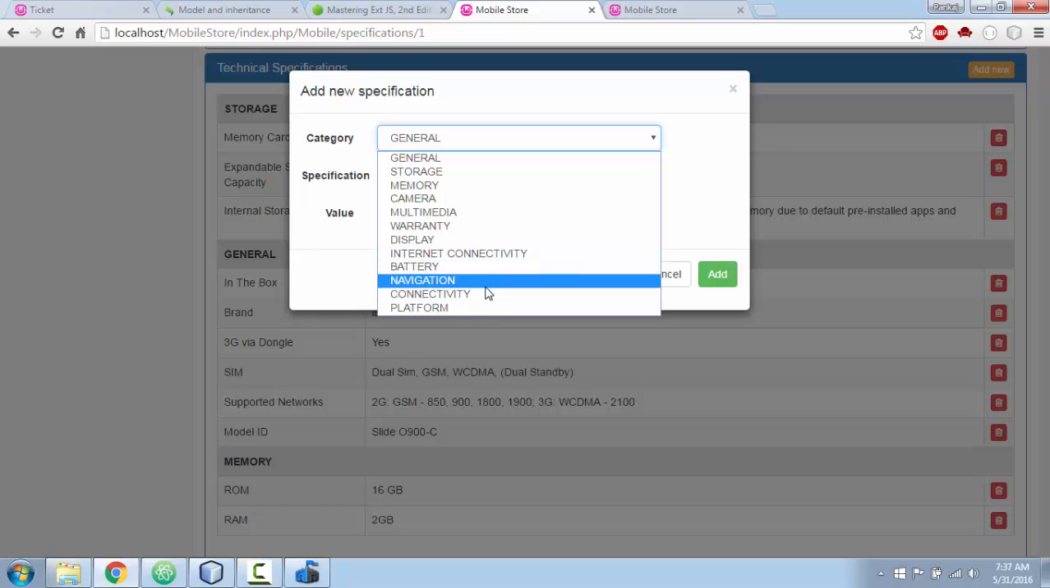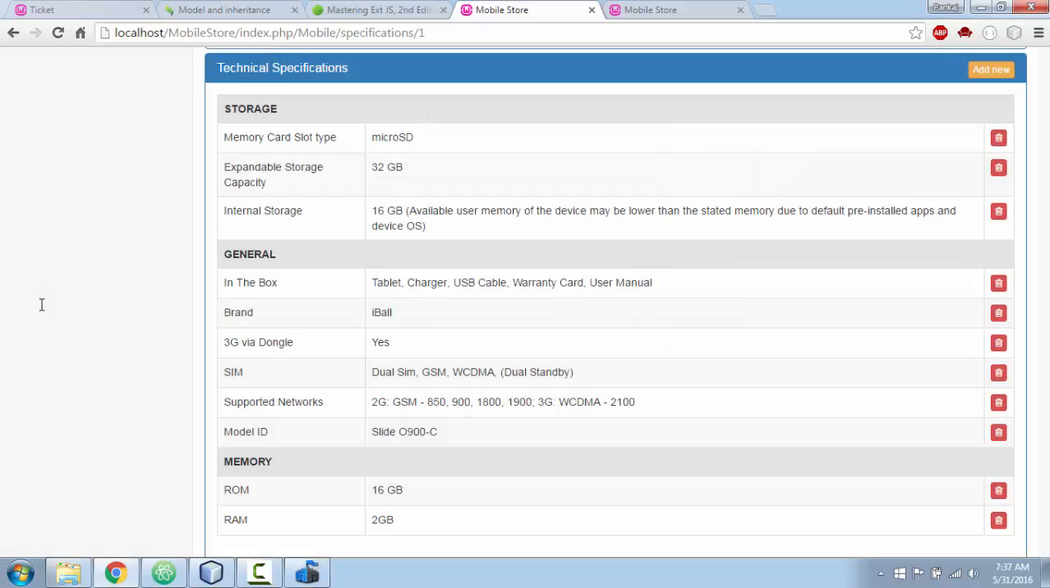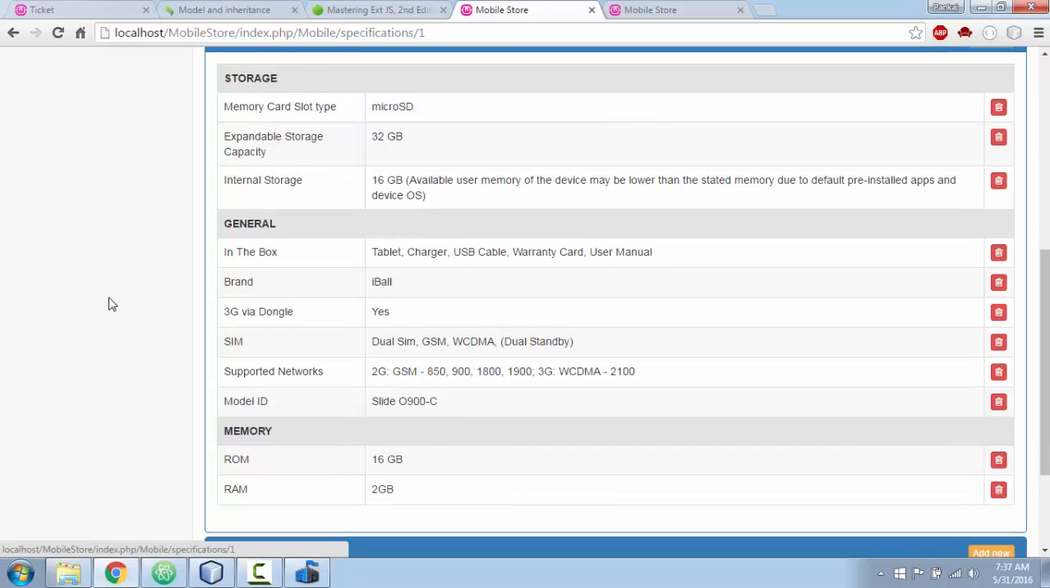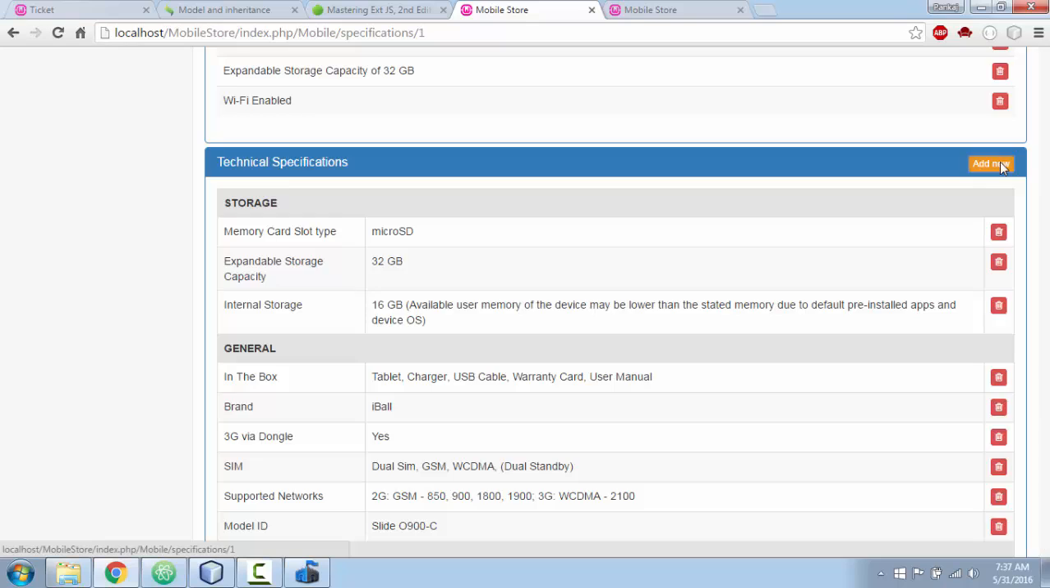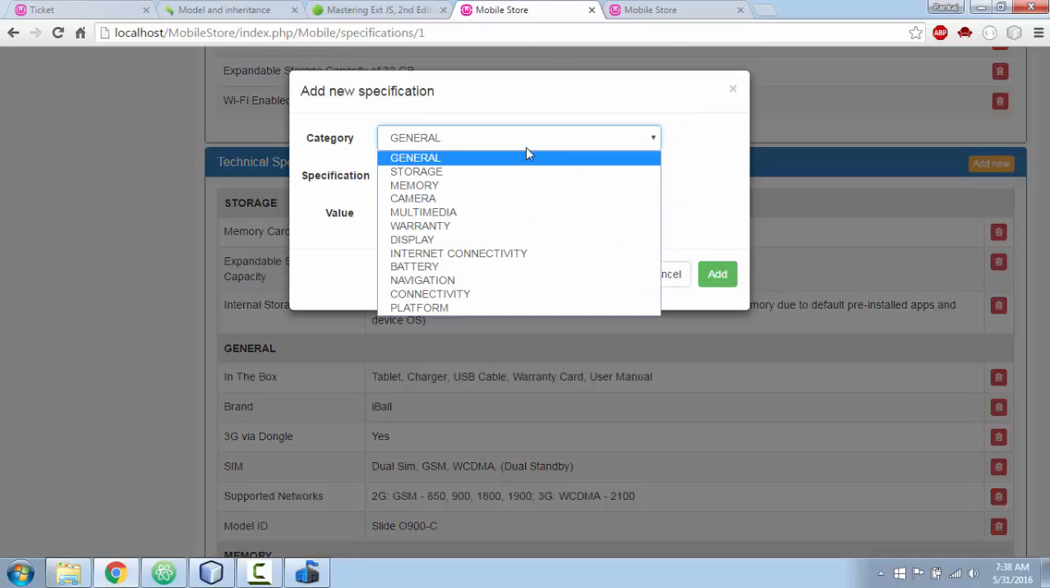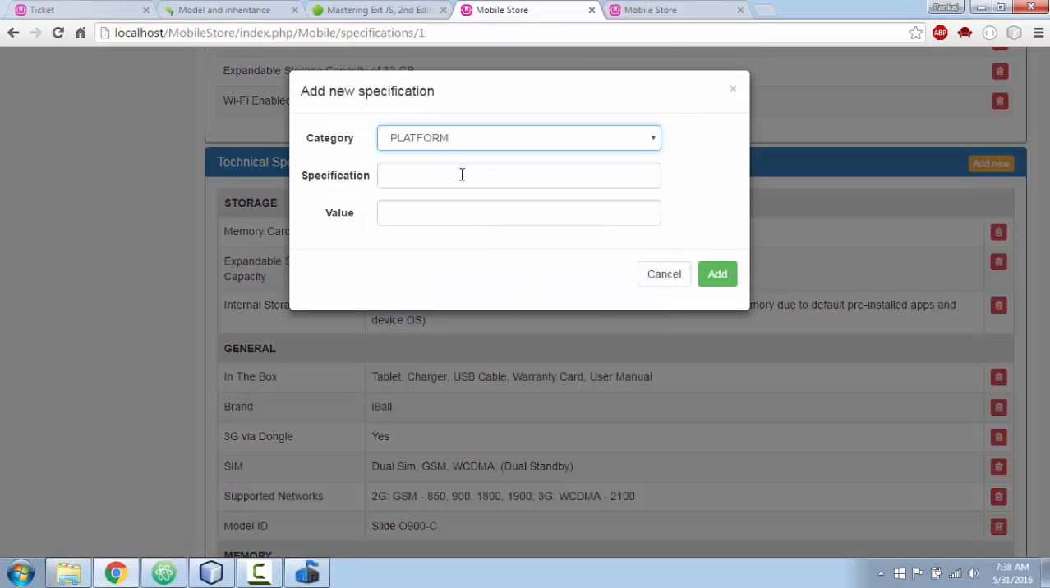It will go into the particular category. If you like, first let me see whatever it is. Storage, journal and memory is there. So let me add something to platform. So I will go to platform category. I will say